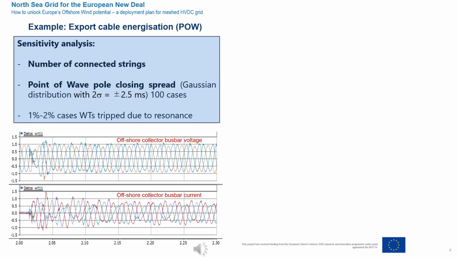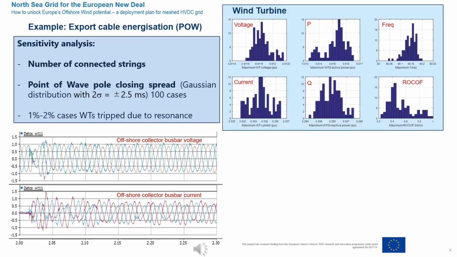and then you can see here the different voltage that is seen by the offshore collector busbar, and the currents at the offshore collector busbar. It is worth noting that the export cable energization is probably the most challenging part of the sequential black start operation. And then these are the results, the distribution of the maximum voltage, current, active power, reactive power, frequency, and